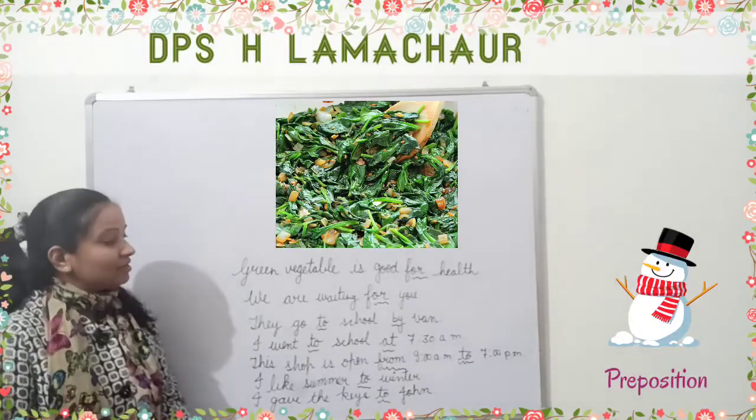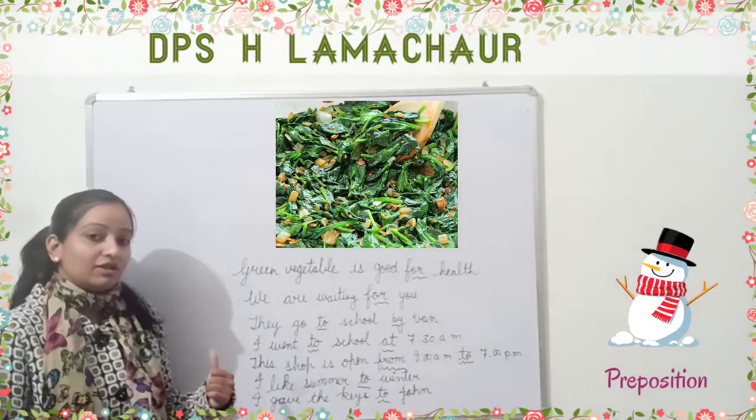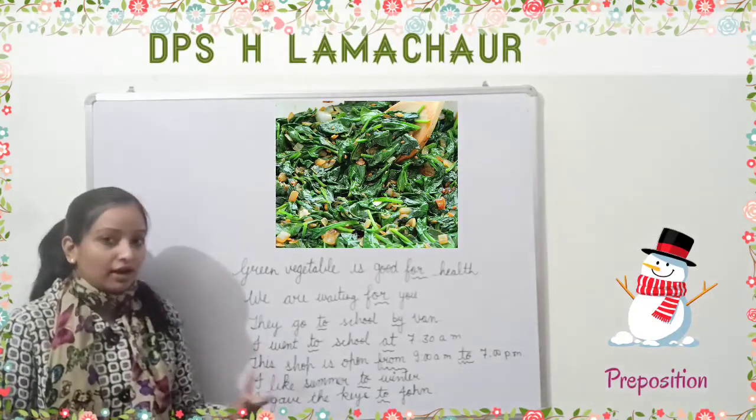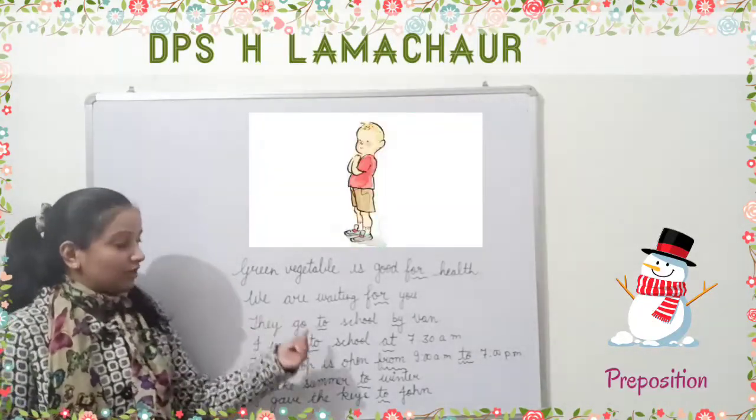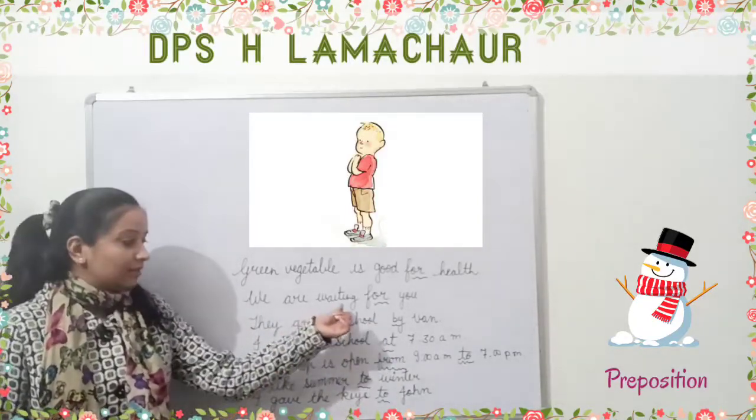Like here, the green vegetable is good for health. What is the function of green vegetable? That it is good for health. Next is, we are waiting for you. So the purpose is that we are